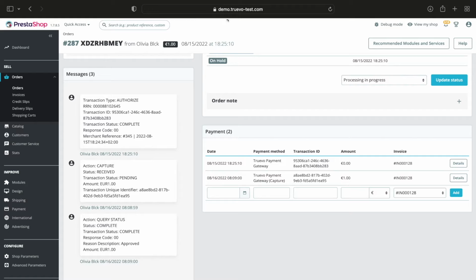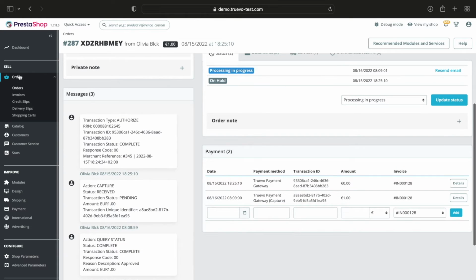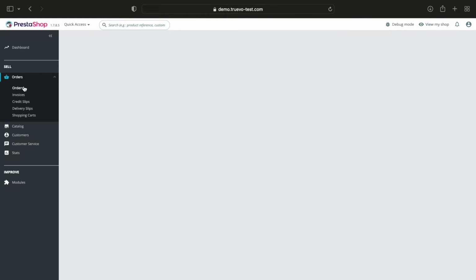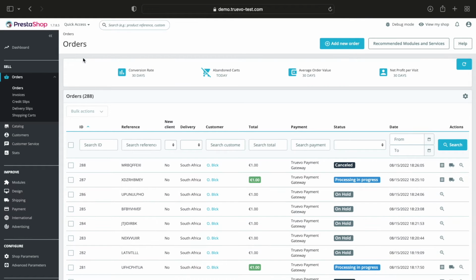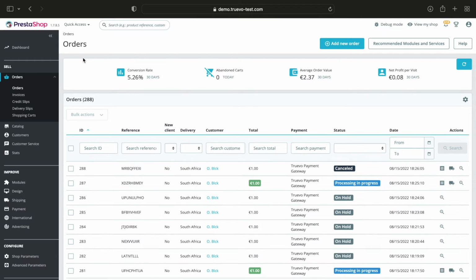Next, let's talk about reversals and refunds. So what's the difference? A reversal occurs when the funds from a transaction are returned to a customer before the payment has cleared. This means that the reversal request was performed the same day that the transaction took place, before midnight, CET or CEST. For this reason, reversals are also the full transaction amount, and it will be as if the